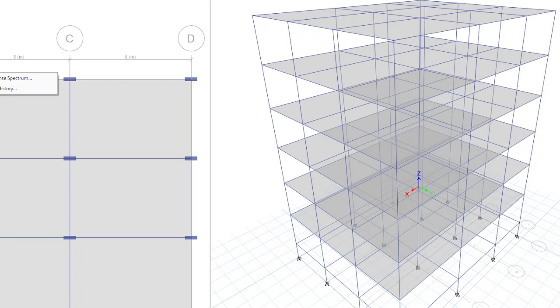Only the results will be deleted. That's all. If you run the analysis again, it will be reloaded. In Define, you can see functions. In that, you have response spectrum and time history. First, click on response spectrum.